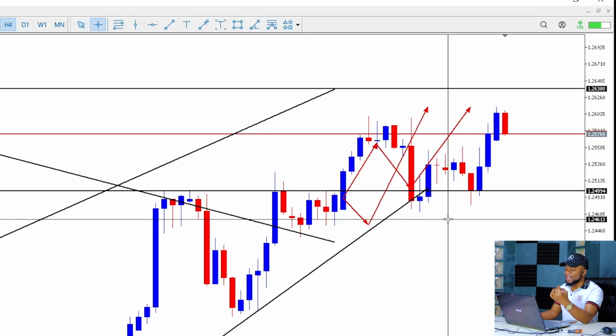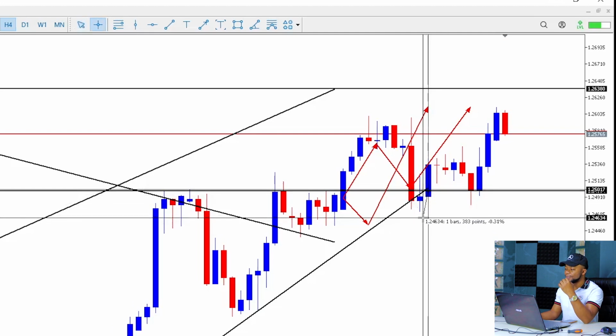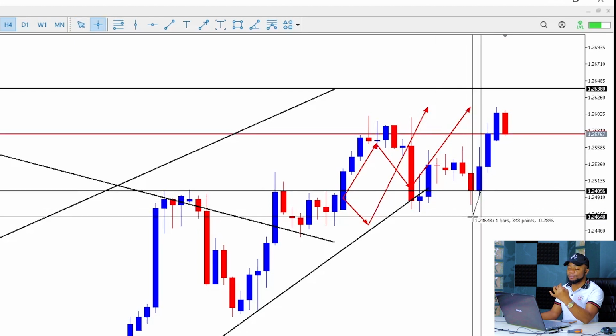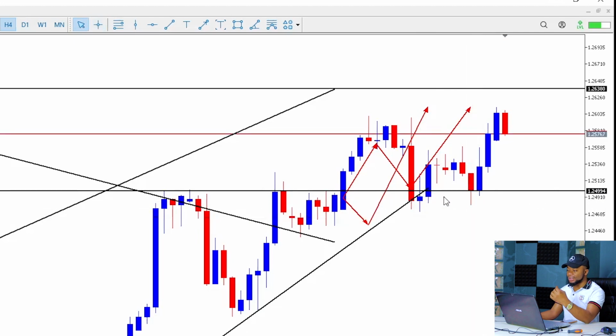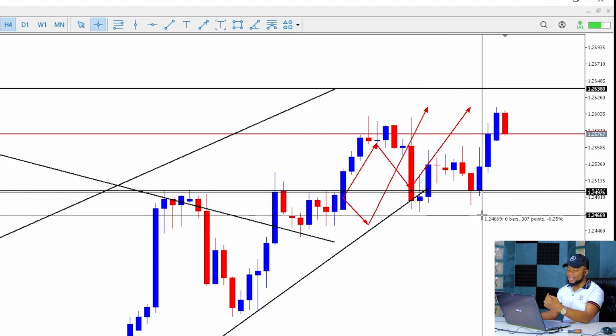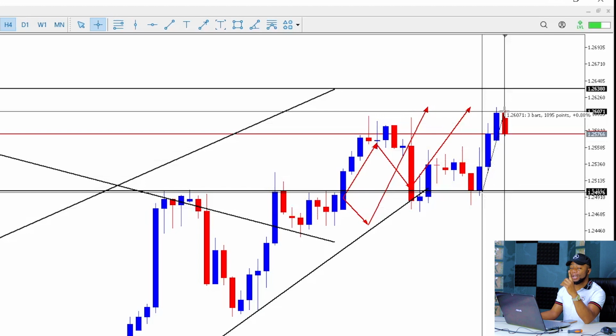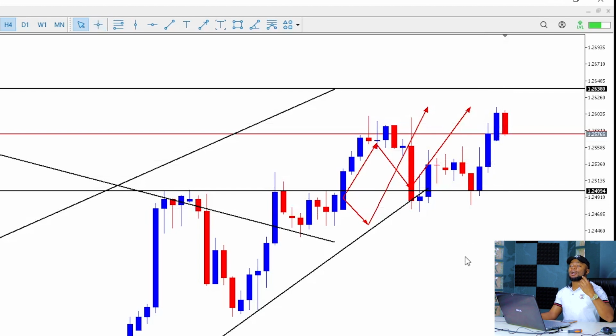So immediately the market got here, I was risking 30 pips. I added another trade, and the stop loss was still at the same position. So at this point I was risking 30 pips on this trade and another 30 pips on this trade, making a total of 60 pips, and my target was still 100 pips. So I was risking 60 pips to go for 200 pips. That is still a risk to reward of more than 1:3. And what happened? Boom. You can see on the trade history.